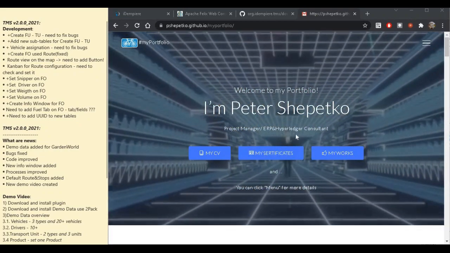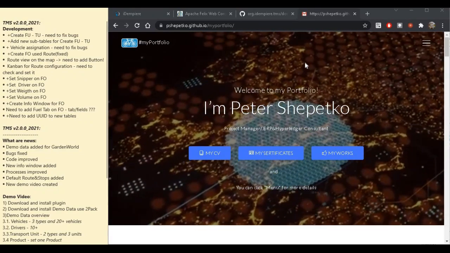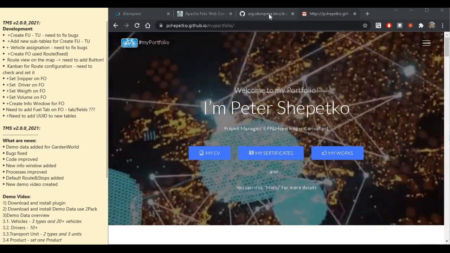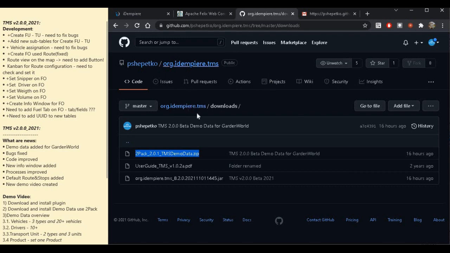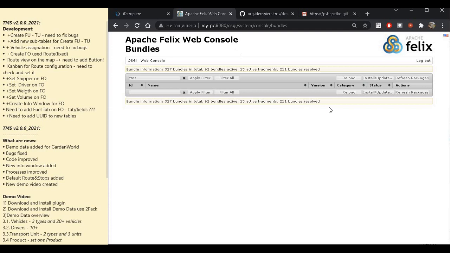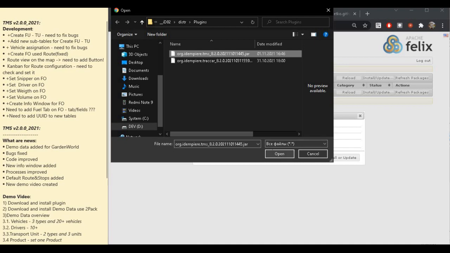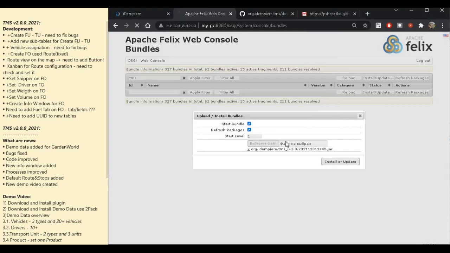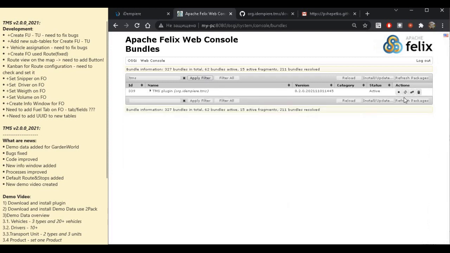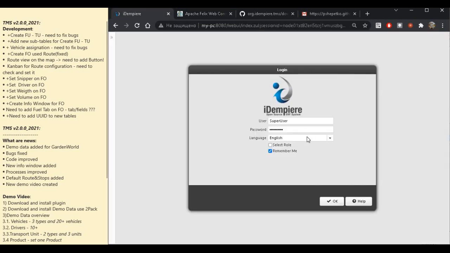I'd like to start with the installation of the plugin and demo data. For that we need to go to my GitHub repository and download the plugin file and demo data file to your computer. After that we can go to the Felix console and install the plugin. Plugin is active, and after that we can go to the system,